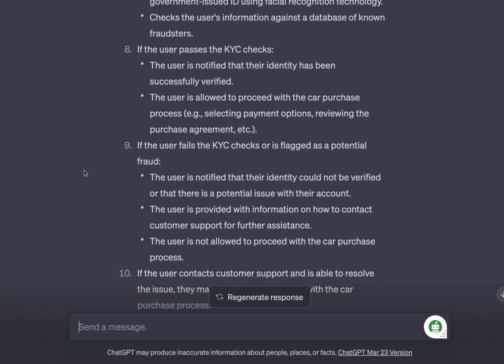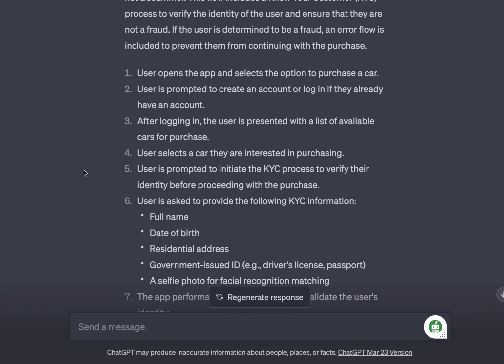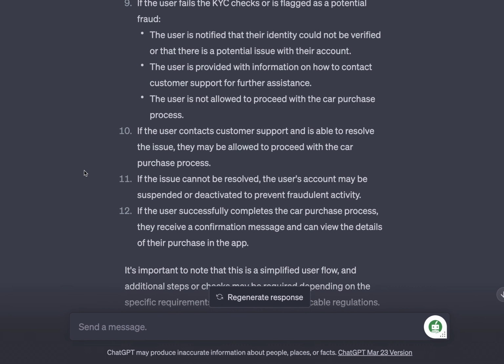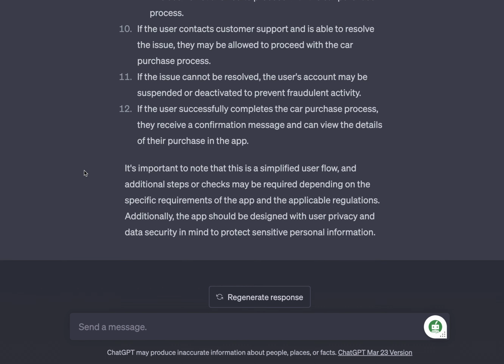All right, so here is a bit of a user flow that ChatGPT has generated for me based on the scenario that I've described. Now, if you wanted to, you could go and fix this flow, but I'll just go ahead and take it as is. It's also given us, we should try and protect personal information, user privacy, other stuff. But let's just say